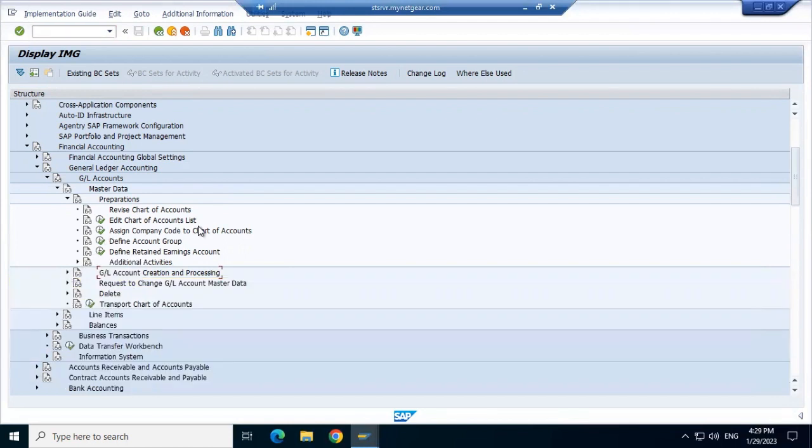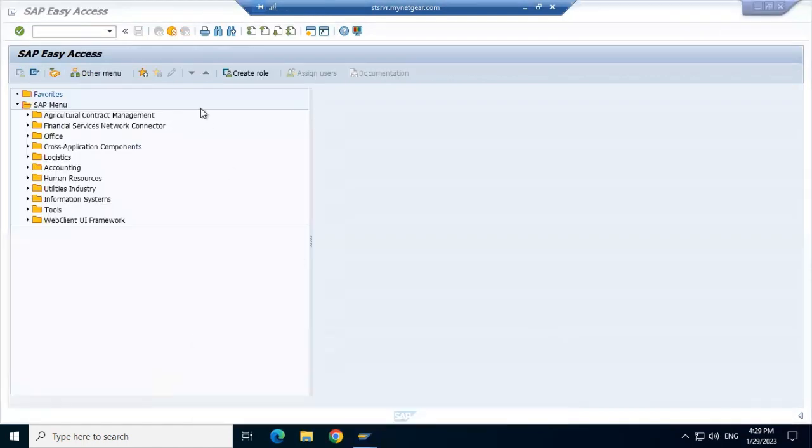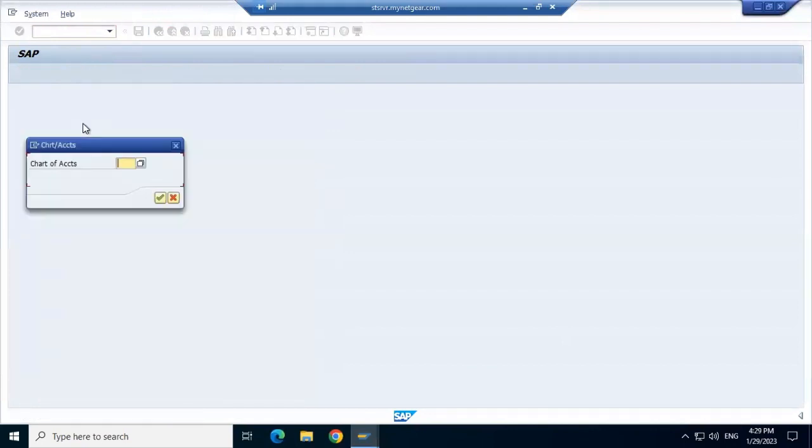Okay. So that's how we can create multiple GLs, or we can allocate the chart of account to multiple companies. Now, when we are opening any of the GL stuff, like if we go to FS01, okay, it will first ask for a chart of account. Let's say our chart of account is ORT1. Okay,